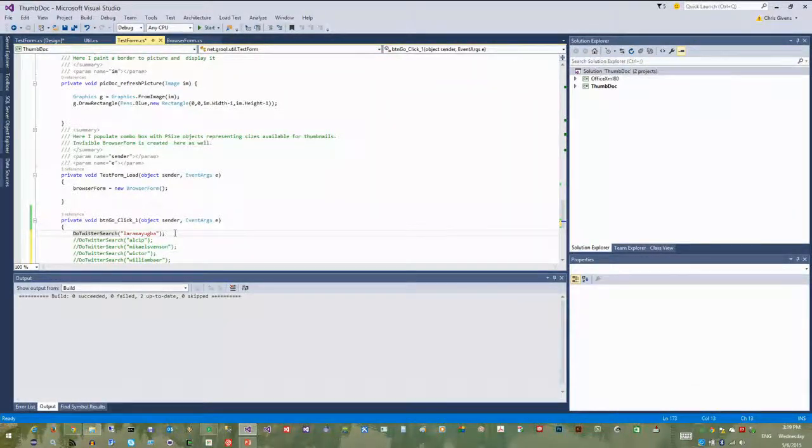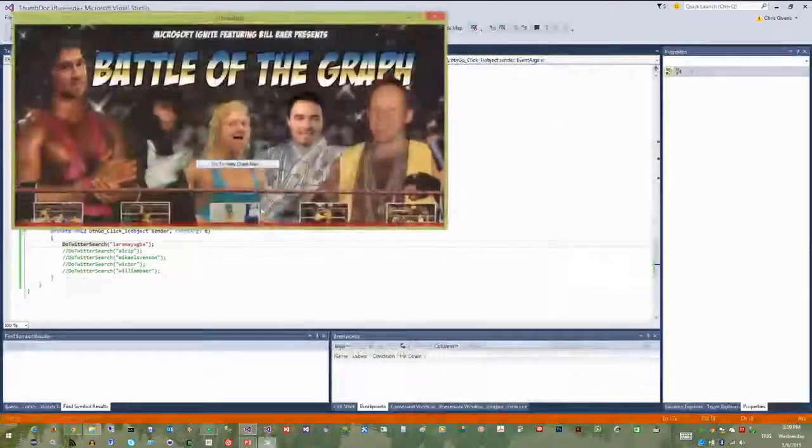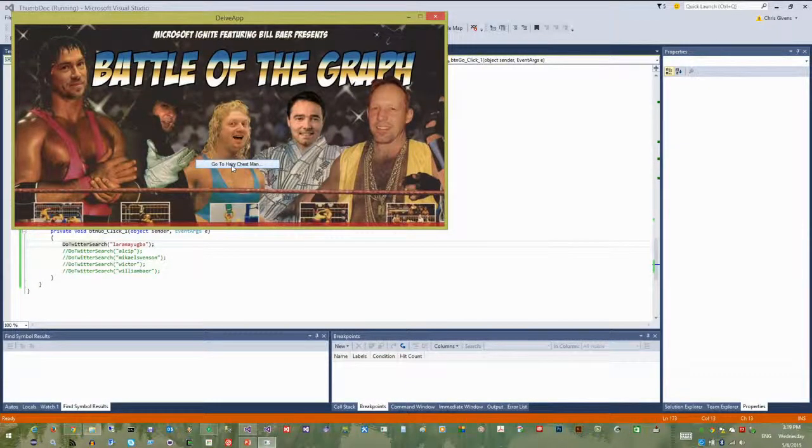All right, that looks right. So what's going to happen? I'm going to go ahead and run this. Now, there's a lot of things that are going to happen behind the scenes. And other than going to the Hairy Chest Man, we'll get Fiddler fired up here in the background, and we're going to see it would have hit